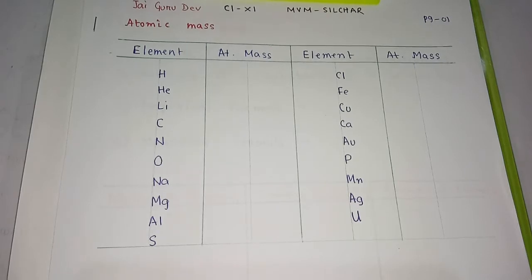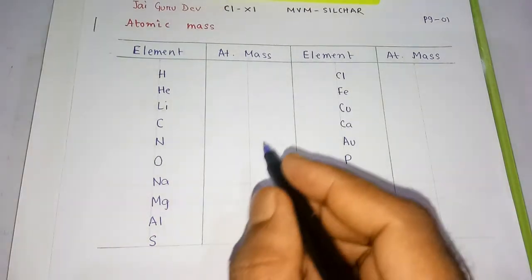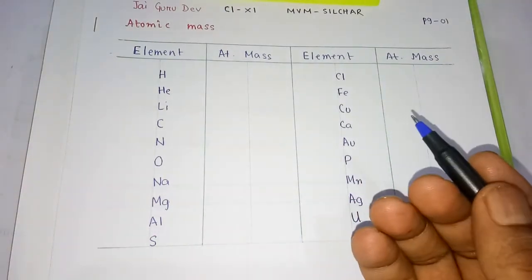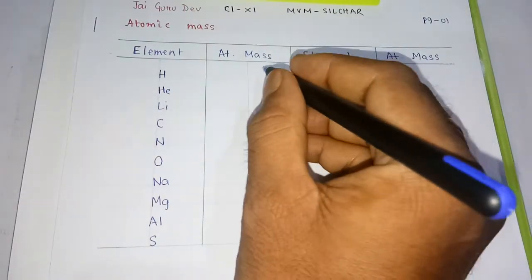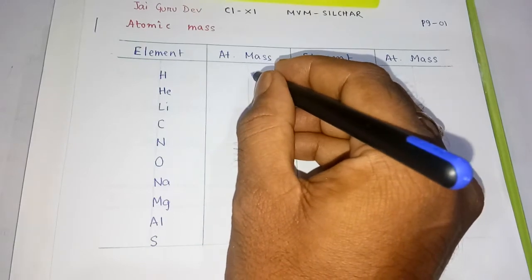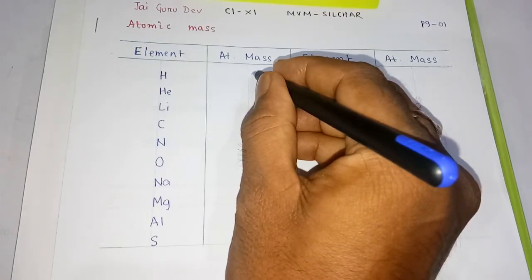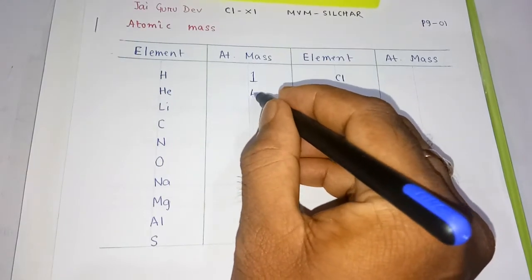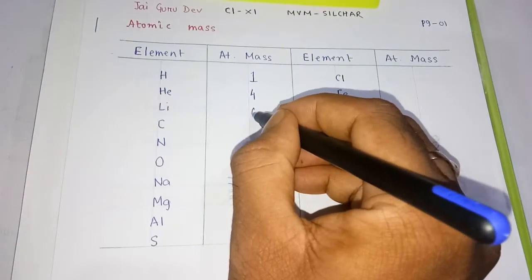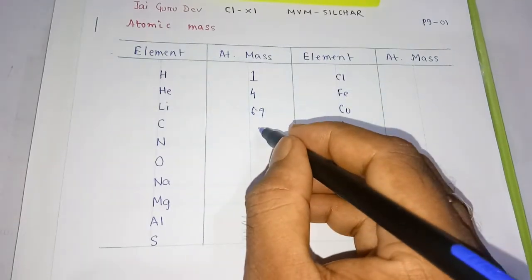And good morning. Today, students, we will read the atomic mass of some elements, and by using them we will find the molecular mass of some elements and some compounds. So hydrogen atomic mass is 1, helium is 4, lithium 6.9,